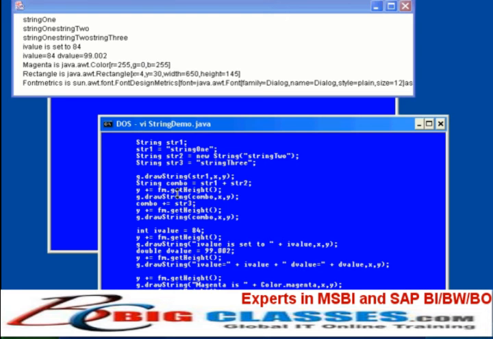If you recall, the height of a font not only includes the height of the visible text, but it also includes the height of the leading, the space between the lines. So it's only necessary to add the height to the current position to determine the position of the next line. The next string is constructed by using the plus equals operator to add the next string to the one we